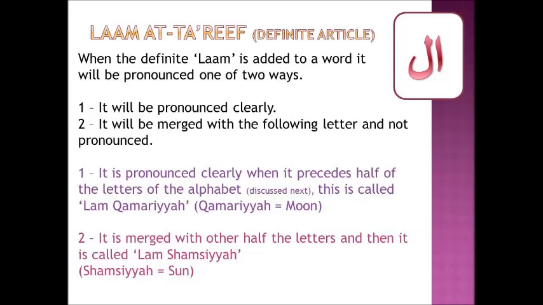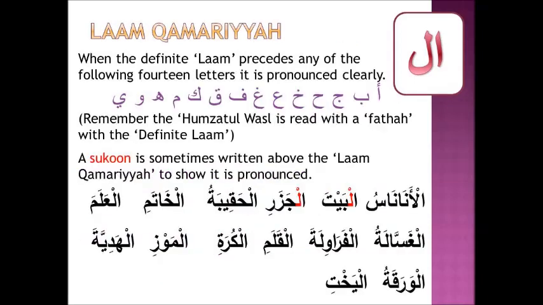These letters are called letters of Qamariyyah, the moon letters. Two, it is merged with the other half of the letters, and then it is called Laam Shamsiyyah, or the letters are referred to as the sun letters. When the definite Laam precedes any of the following 14 letters, it is pronounced clearly. Remember, the Humzatul Wasl is read with a Fathah with a definite Laam. A Sukoon is sometimes written above the Laam of Qamariyyah to show it is pronounced, as in the following examples: